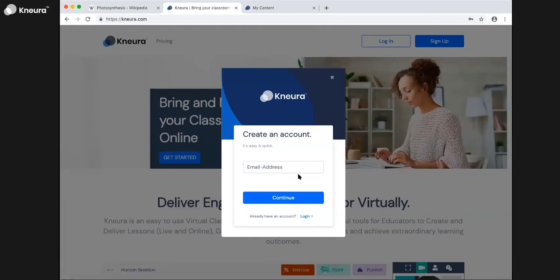That will send an email to your email address. Just open it up, click on the link that you have there to start onboarding yourself onto this platform. Okay, so I'll show you what happens when you do that. That's the simple and very easy sign up process. It hardly takes a minute or two for you to get started with Neura.